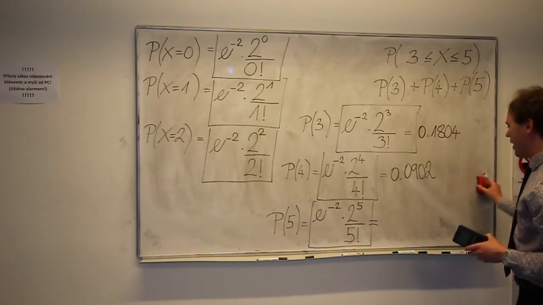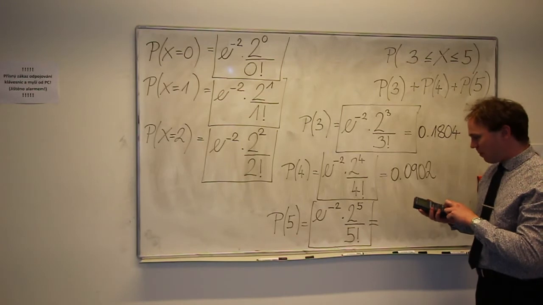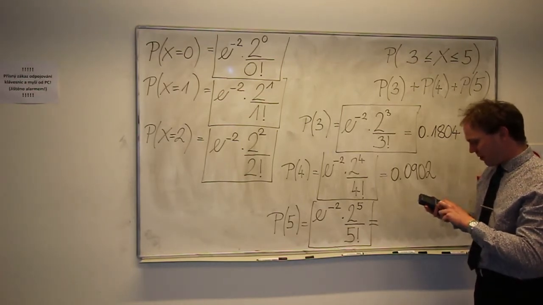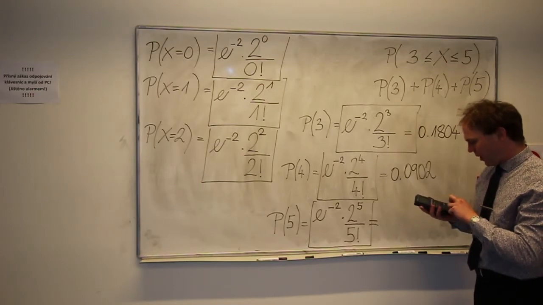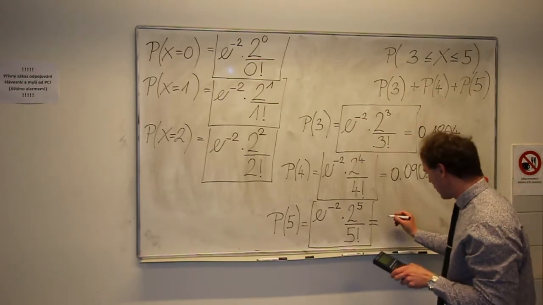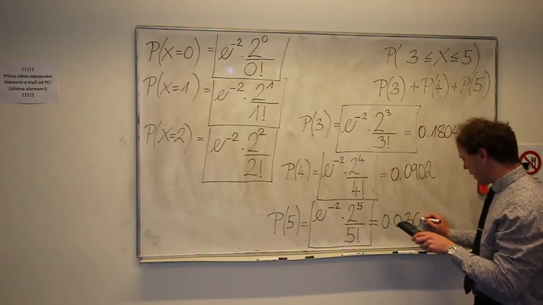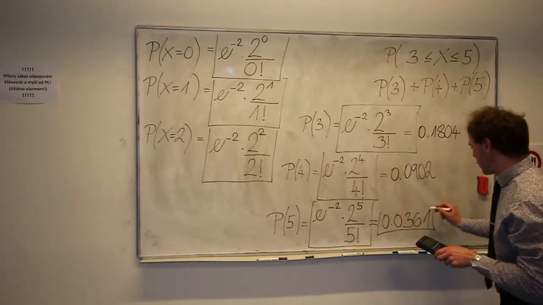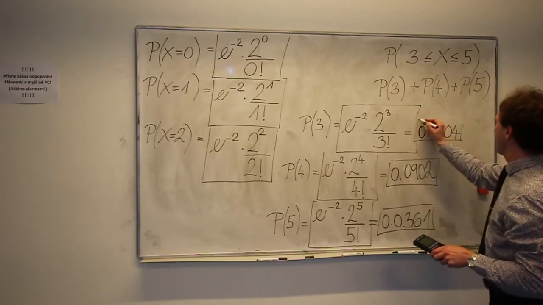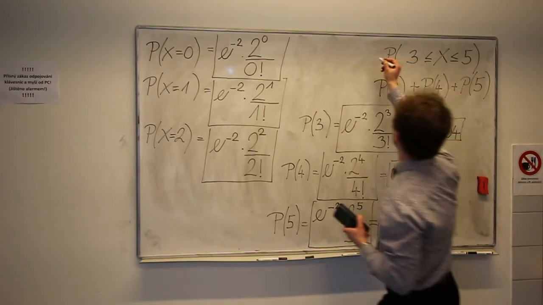Okay, and finally this one, Euler powered by minus lambda times 2 powered by 5 divided by 5 factorial. 0.0361. Okay, so these 3 values, yes, you can calculate the summation, and the result of this will be written,